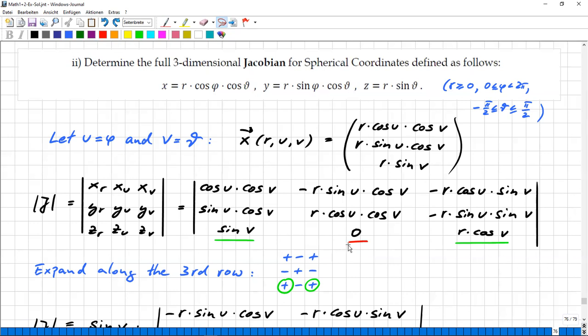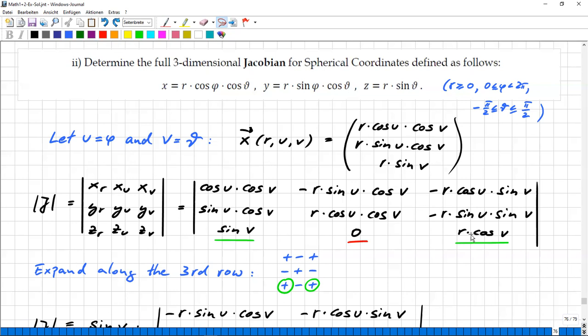I just underline this for a special reason, you see shortly. And then the third step, z for v, we get sine of v differentiated to be cosine of v, and the factor of r stays there. So the third row is obviously the most simple, and that's why, in order to get the determinant done,